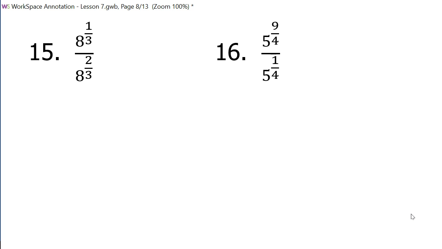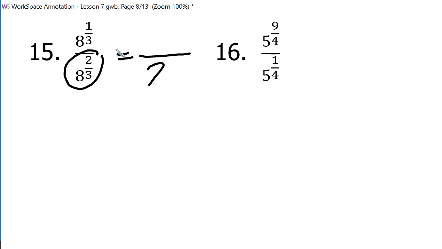Okay, 15 and 16. Now we are dividing. So 15, for the numerator, we have 8 to the 1/3. And the denominator, we have 8 to the 2/3. So 8 to the 1/3 up top, 8 to the 2/3 on bottom. Now, when you're dividing, you really need to look and decide where's the larger exponent, in the top or in the bottom? Bottom. 2/3 is bigger than 1/3. You agree? Yeah, so when we write our answer,